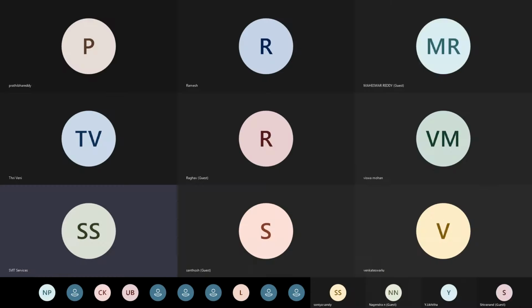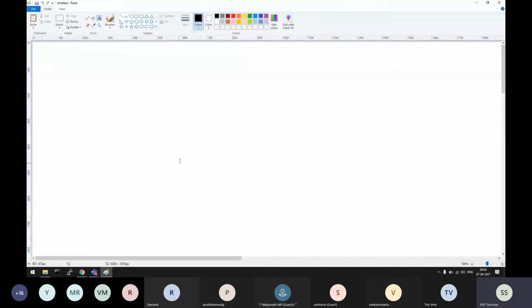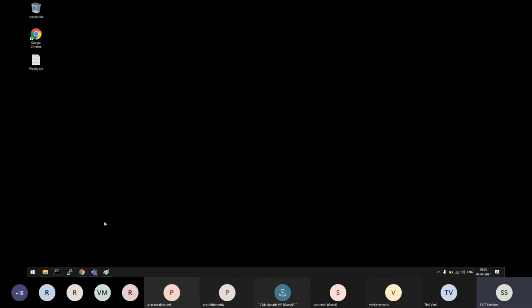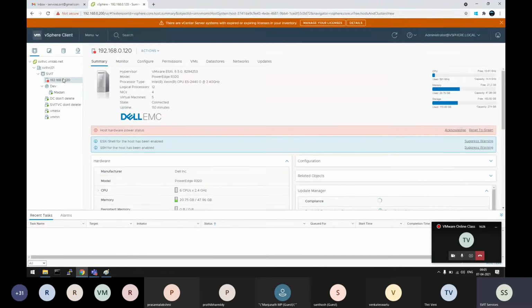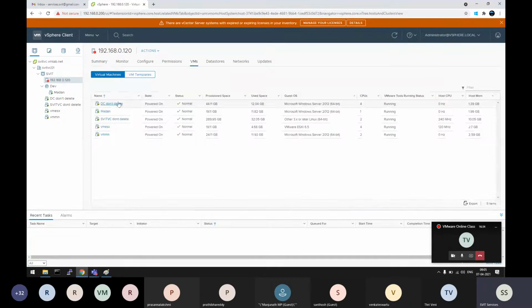On to the basic technology, what they have used and how they are able to achieve this product. Okay. So yesterday we discussed the ESX operating system and how it helps us create virtual computers. Just to quickly show you how it looks, this is one physical server with the ESX operating system on top of it, 0.120 that you see on the screen. If you go to the virtual machines tab, these are the virtual computers that we have created.